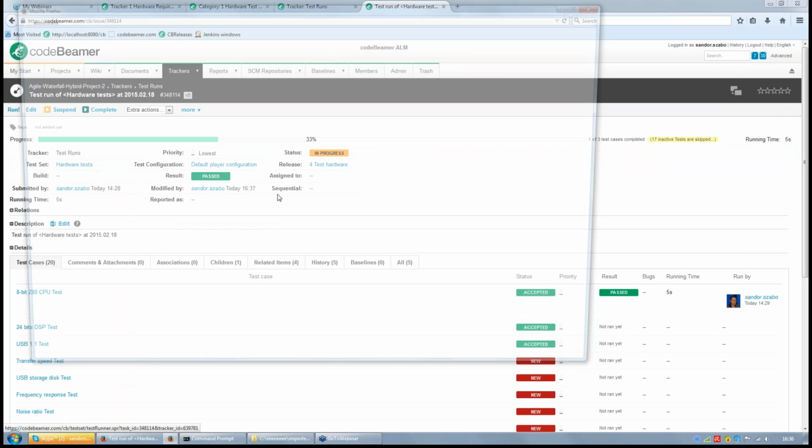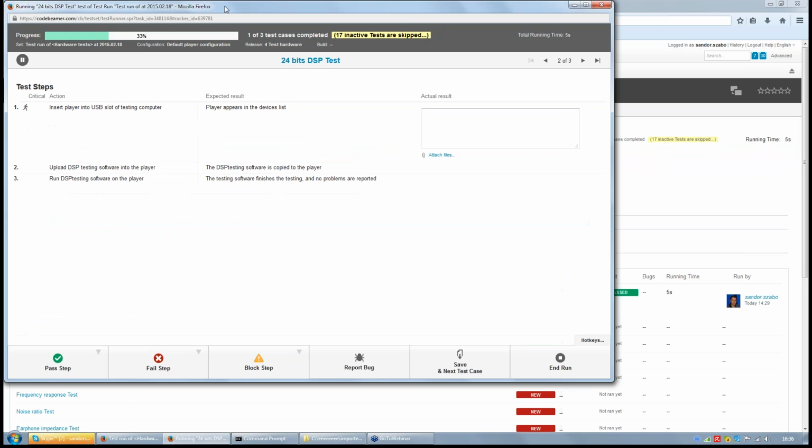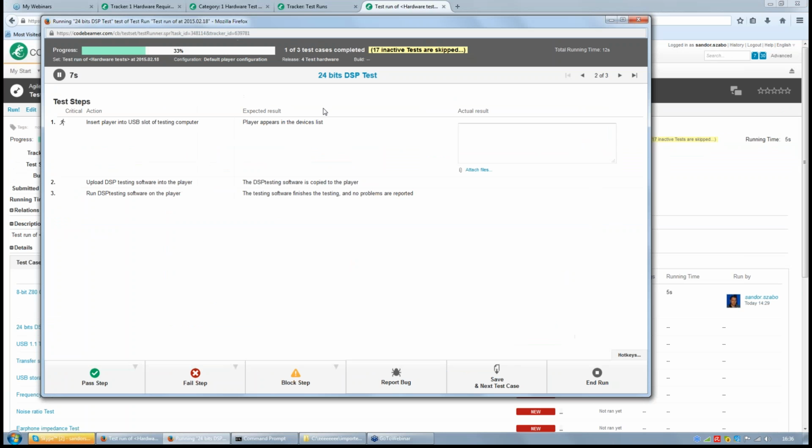The first test was already run, so I'm at the second test. And here you can see the test runner. The test runner is measuring the time of the test running. It shows you the test case which you are running at the moment. It shows you the progress bar, how much of the test cases you have already